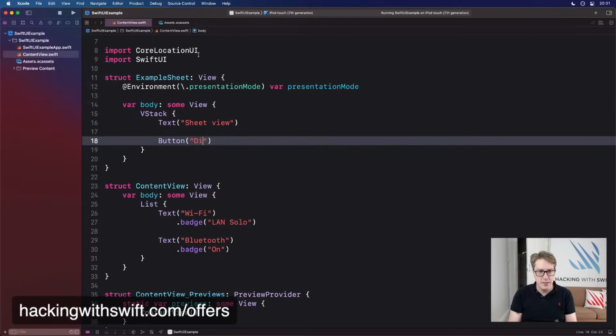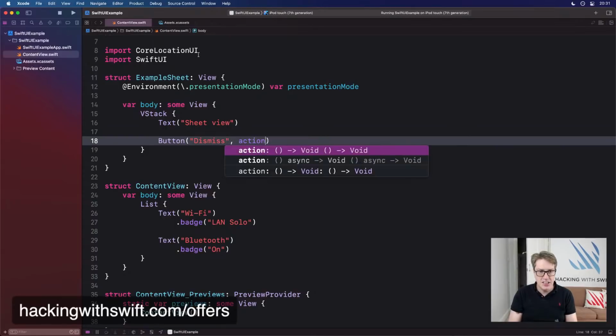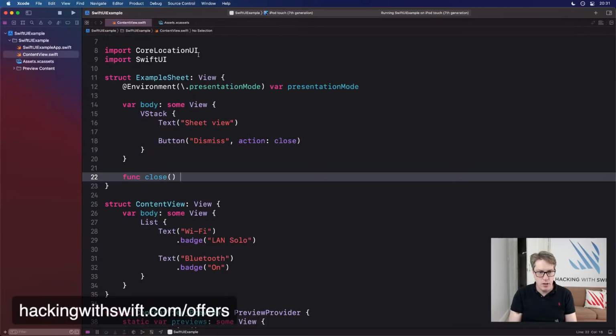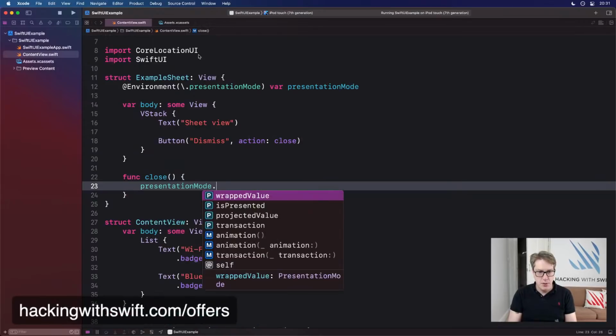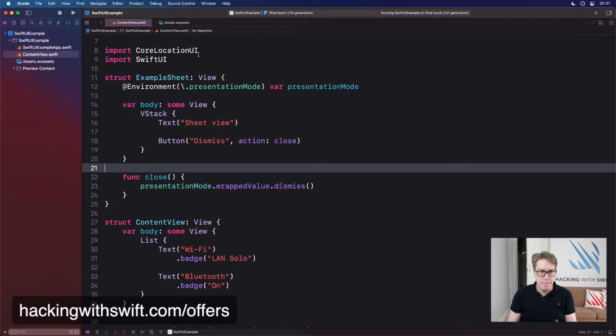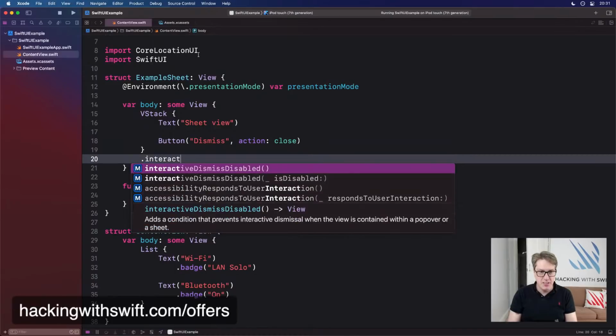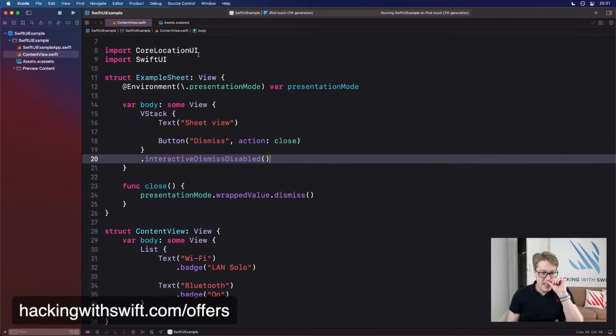And the button will be dismiss, and the action will be close. And that will be a method down here called close, which will be presentationMode.wrappedValue.dismiss. And we're going to make this thing not swipe to dismiss. So I'll say interactiveDismissDisabled. Do not let them swipe away to get rid of this thing.